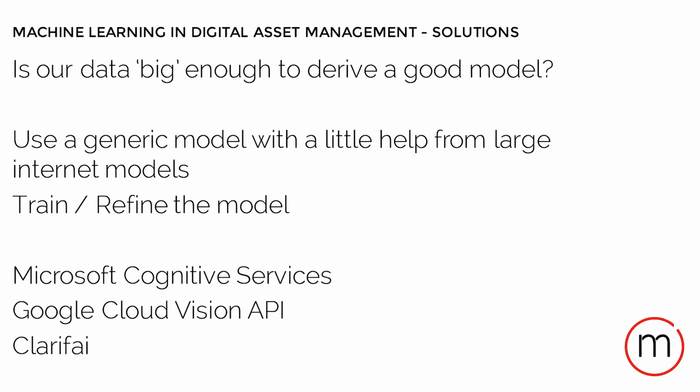And then you can obviously also train and refine those models by sending thousands of assets and then allow human people to check those assets and to train the model for it to do a better job. But just like that, in the DAM, we don't have enough stuff. So we need the help from the internet.